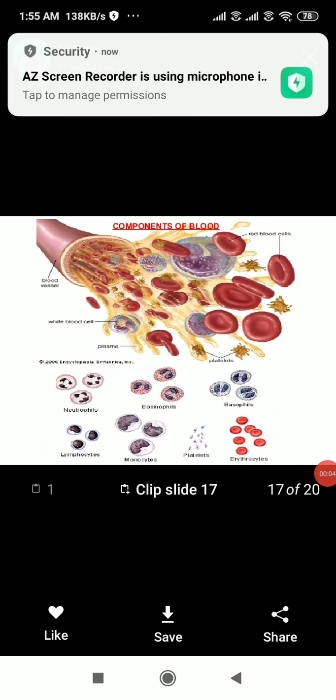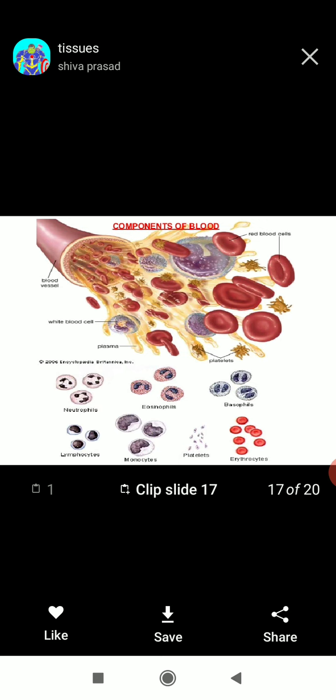Hello children, now we will discuss the function of blood which we were discussing in the previous class, like vascular tissue, part of connective tissue. So just see the function of blood, and we all know it is the connective tissue, fluid tissue that makes connection from top to bottom. So first function is what?